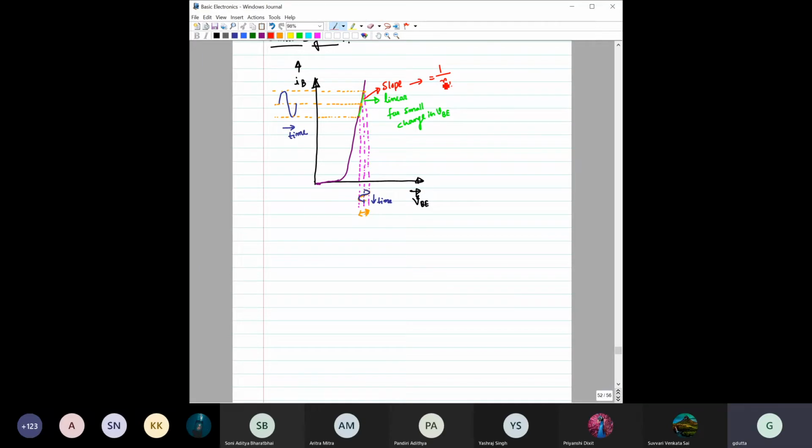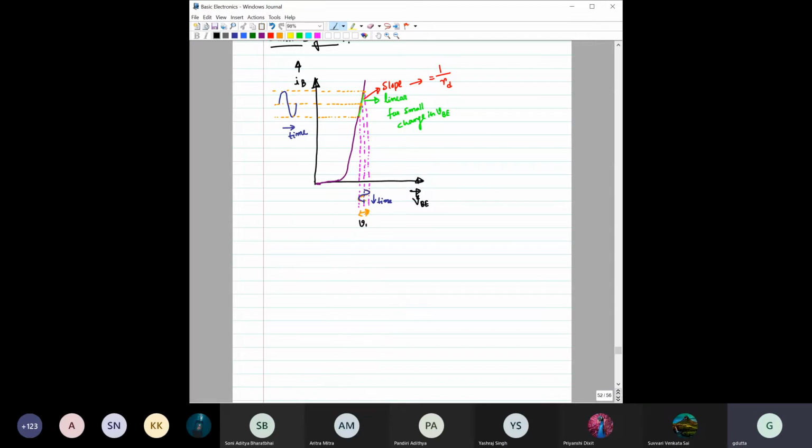What is 1 by RD? This RD is the resistance, right? It is basically the diode AC resistance, this part. And it is equal to 1 by, this is the slope, right? And you know that in any IV characteristics, the slope is 1 by resistance only. Then let us write a couple of equations and see from them what we can comment on this